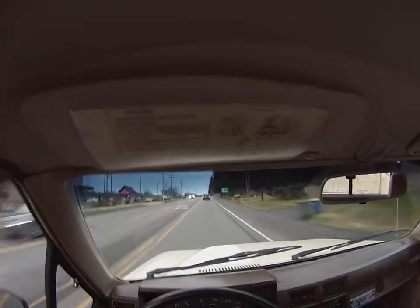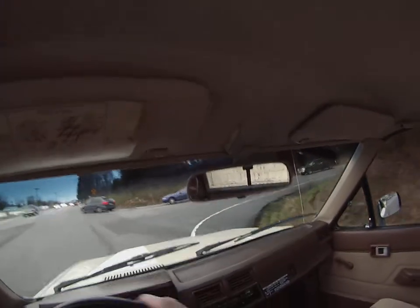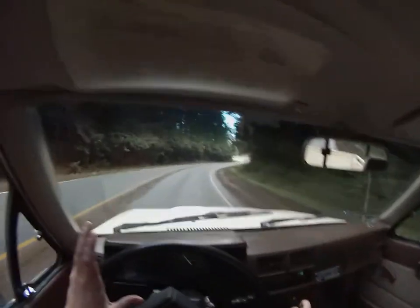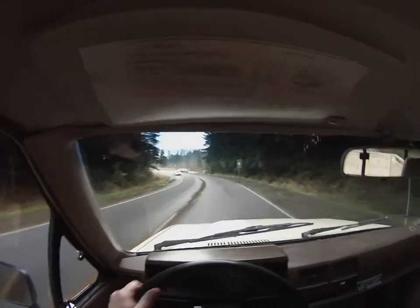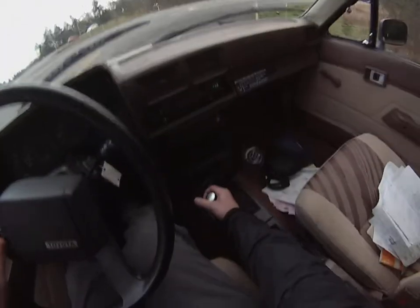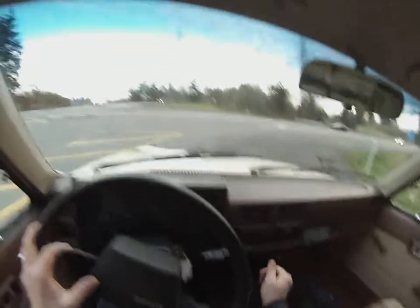I'm gonna go ahead and turn here. I'm gonna downshift into third for the corner. Downshift into second. Really nice synchros, really tight shift pattern. You're not going to be hunting for the gears or grinding gears. Shifter's nice and tight, it's not all sloppy. Four-wheel drive goes in and out real easy. Obviously it's a shift on the fly system where you can just pop it into 4 high. You gotta have the four-wheel drive, the hub's turned in, but you could just pull into the 4 high like this when you're driving. That was a little high on the RPMs, but